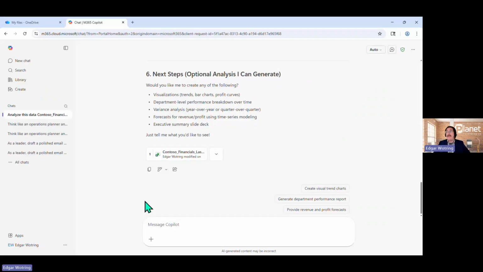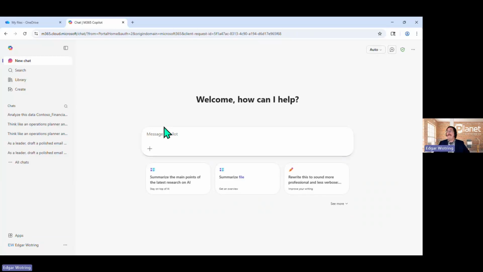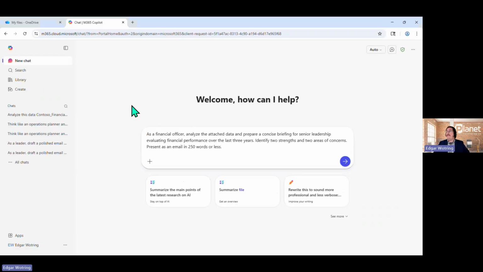Copilot has provided me. And of course, Copilot doesn't know this, but chances are I'm mindful of a particular audience or really a goal with the analysis of this information. It would make a lot more sense for me to include all of that as a part of this prompt. So we are going to refer back to the spreadsheet once again, but let's provide a much stronger prompt here.